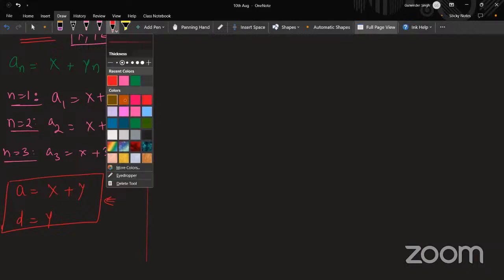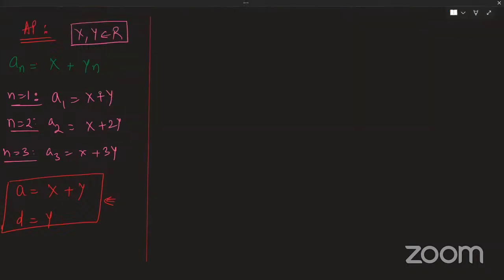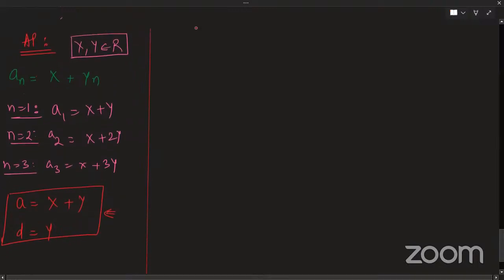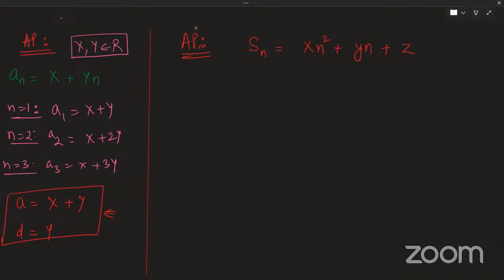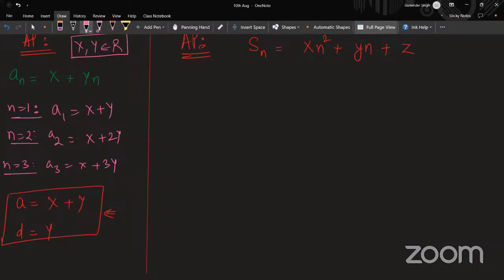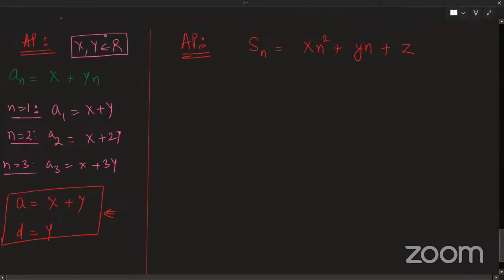Okay, fine. So moving ahead to sum. In general, you have any AP. Its sum of n terms is given to you as xn square plus yn plus z. First of all, can you tell me anything about this AP? Is this xn square plus yn plus z correct? Because yesterday I had taught you